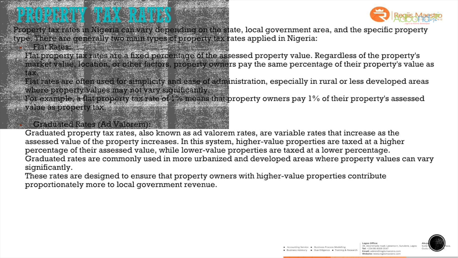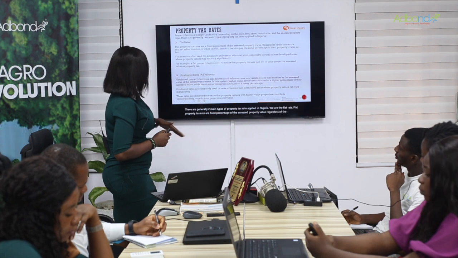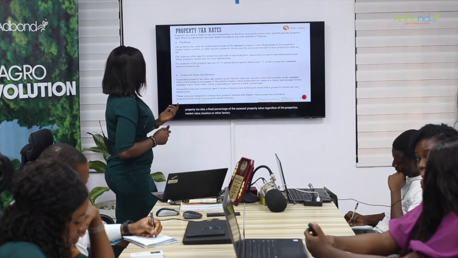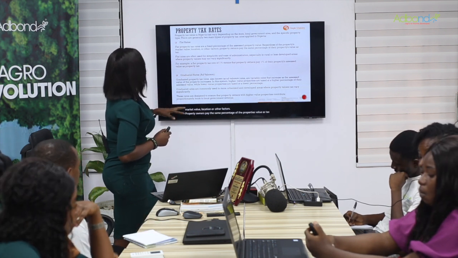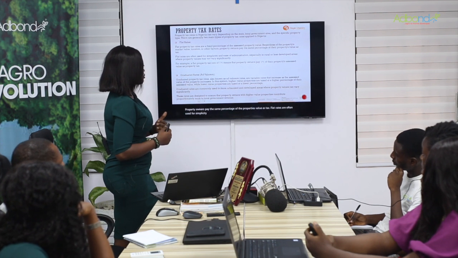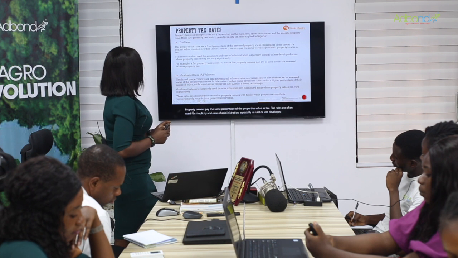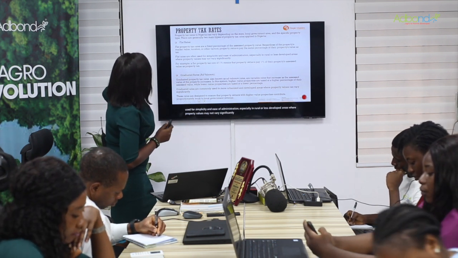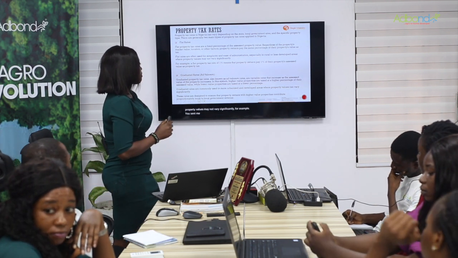Flat property tax rates are a fixed percentage of the assessed property value, regardless of the property's market value, location, or other factors. Property owners pay the same percentage of the property's value as tax. Flat rates are often used for simplicity and ease of administration, especially in rural or less developed areas where property values may not vary significantly. For example, a flat property tax rate of 1% means the property owners pay 1% of their property's assessed value